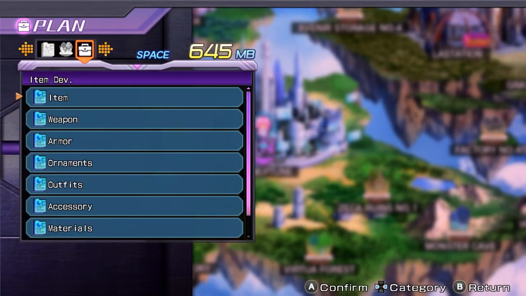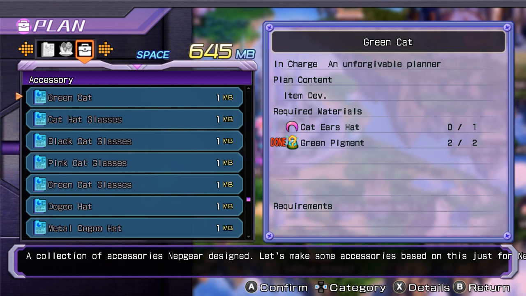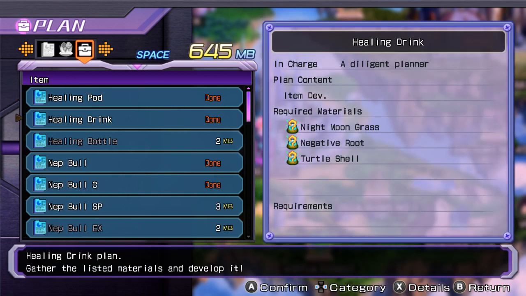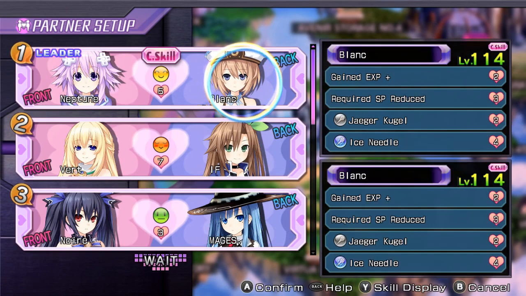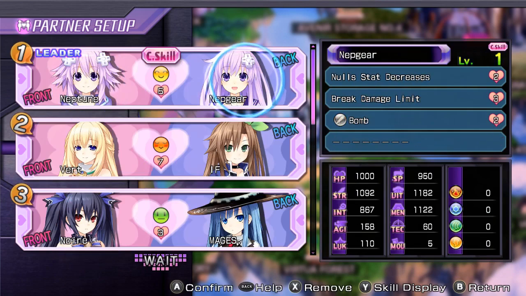So, an accessory is likely... I haven't gone through these at all, but there's likely going to be some new accessories on there for items for Nepgear. Item Netball EX. I have the items necessary, but the Lily rank I need Neptune and Nepgear to have, I believe that's rank 6. Might be rank 7 though. Where are you? There you are. Currently they're 5, so yeah, either 6 or 7 to get there, get the